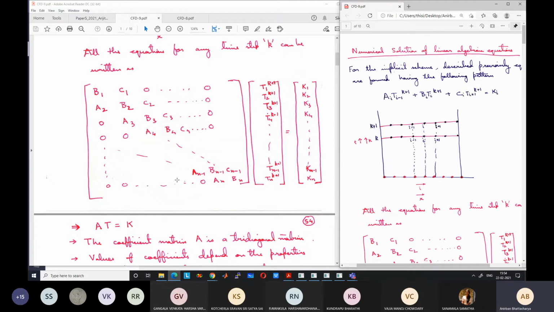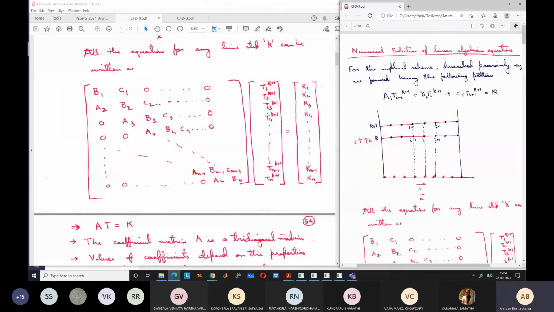Now, because this matrix has a certain form, okay, what is the form? What is the peculiar form of this matrix? It has only 3 values for each row, except the first and last row. This is known as a tri-diagonal matrix. Okay, means there are 3 diagonals. All the other values are 0. This is a special type of matrix. This is a very sparse matrix. Sparse means very few values are present. Other values are 0.